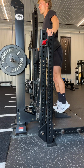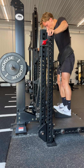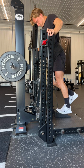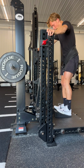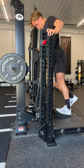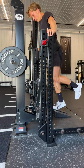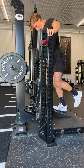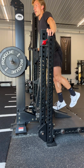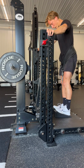Did 3 sets of those, and then for me, as I've been noting, just doing a lot of sprints and long endurance running, so the calves need to be in check. So I'm doing these up with 2, down with 1 over accentuated eccentrics. I've got 155 on the belt squat here, which allows me to really load up the calf tissues the way I want. So I'm going up with 2 and then a nice slow eccentric on the single leg, trying to challenge the calf muscles to keep the ankle stable as I move a load through the tissues,